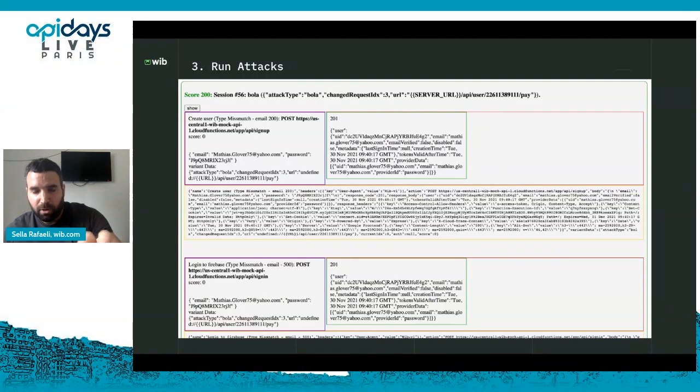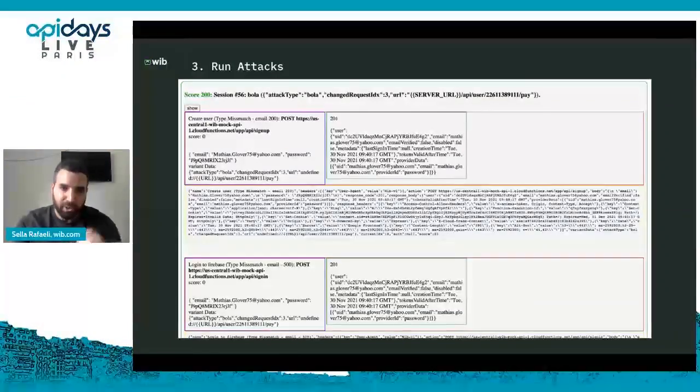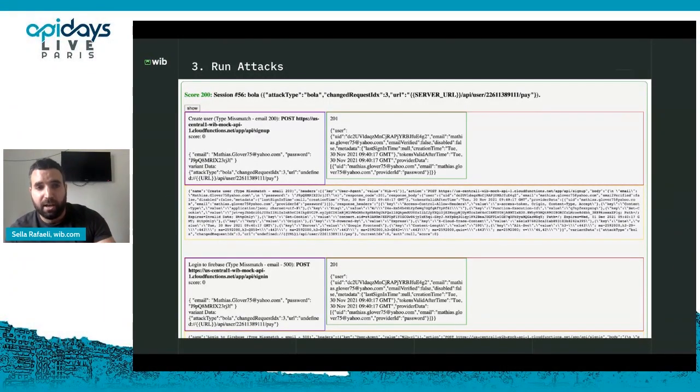Digging a little bit deeper, this is just to, again, explain a little bit deeper how each attack works. An example of a session, this is a BOLA attack, where we realize that if we change one of the parameters trying to execute a BOLA attack and we get a successful result, we uncover a BOLA vulnerability in the code through an automatic one of the sessions that was generated. So one of these sessions is a BOLA attack, and